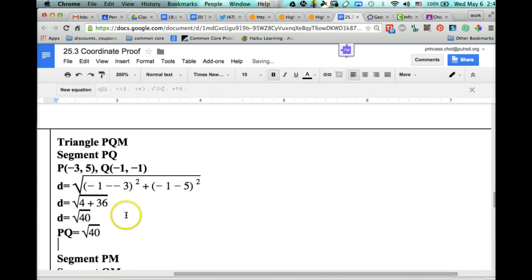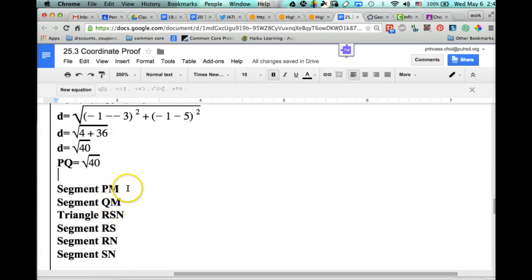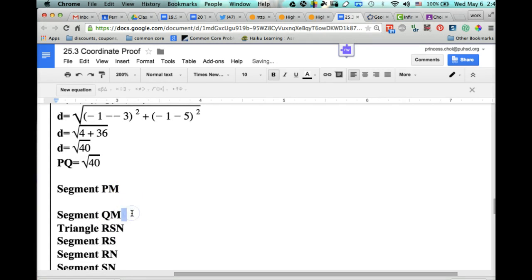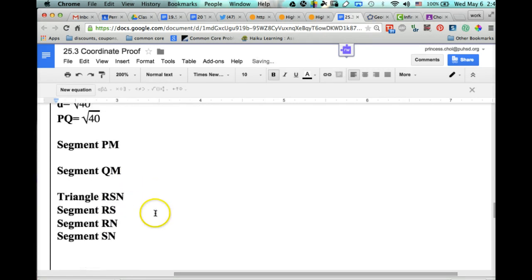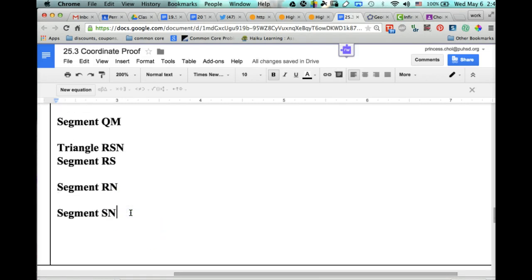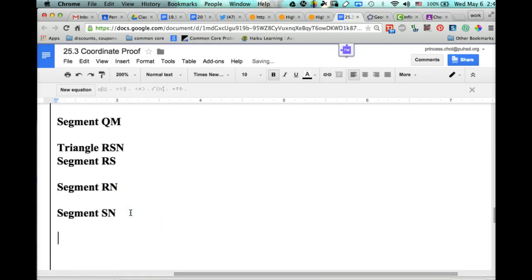So now we found 1. But now you gotta do the same for PM and QM. And then for triangle RSN, you gotta do the same thing for all these segments. But I'm not gonna do that for you right now. And then you'll find out that each of the segments are going to be the same in length, right? So then you gotta write your final sentence on your test saying,